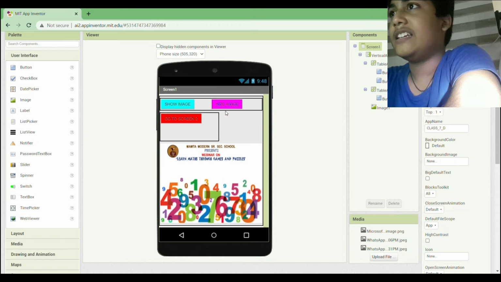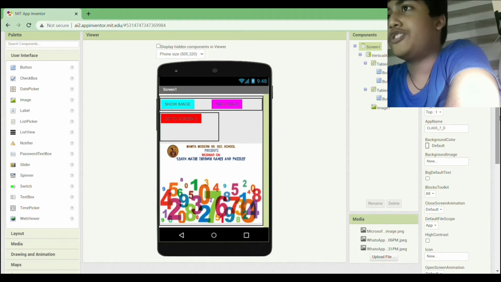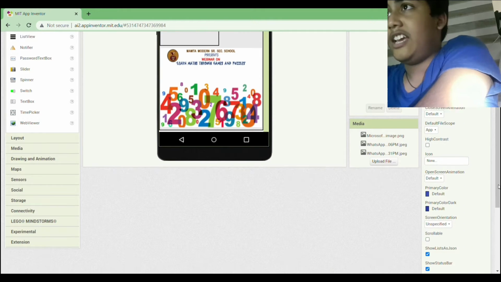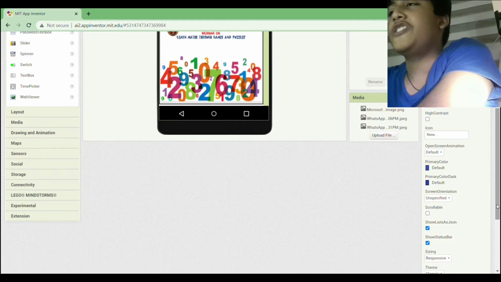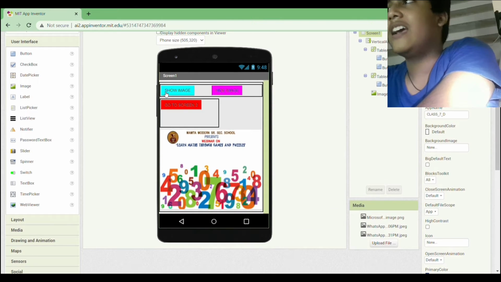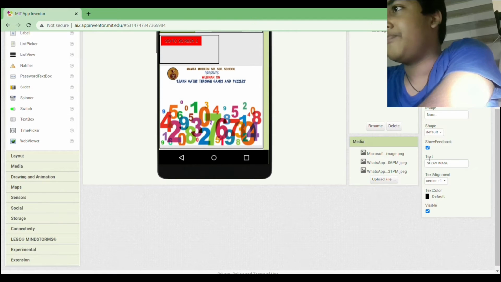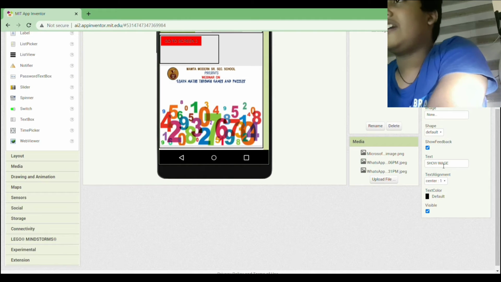When we add these, it will show like text button for one, but after that we have to change its name. We go down, and as we need to change its name, like I have selected show image and hide image, so I have to click it and go to its property, and right here where the text is written we can write anything, that hide image or anything we can write.